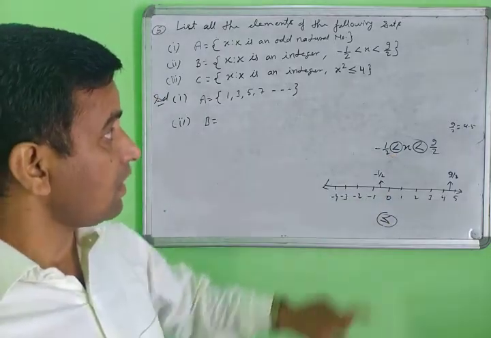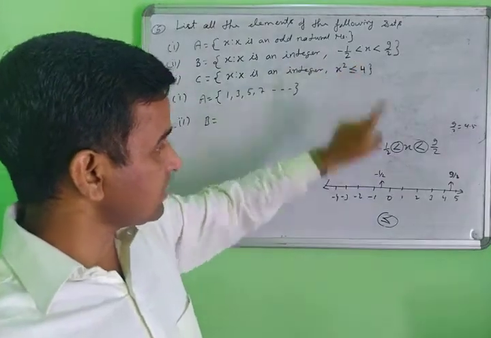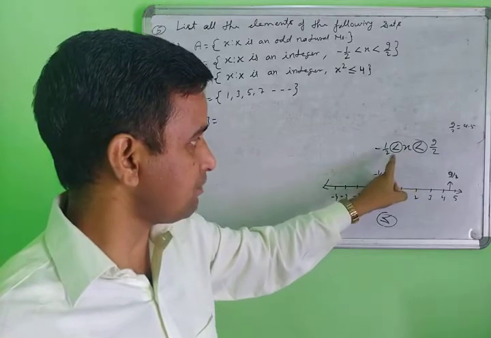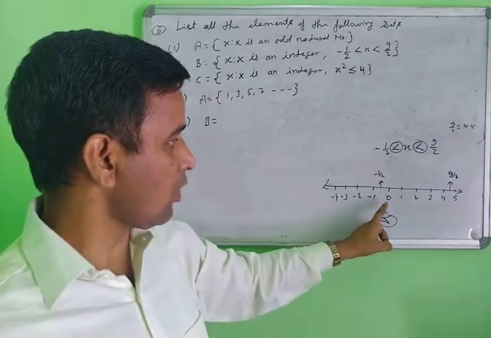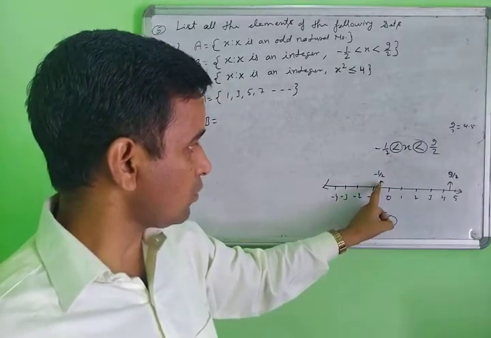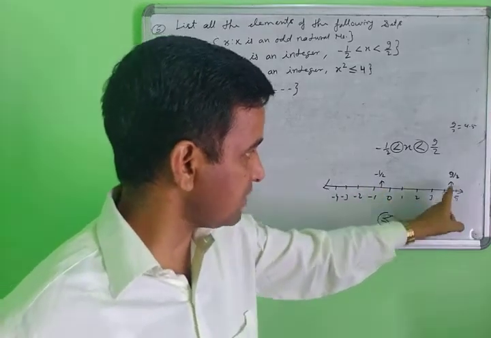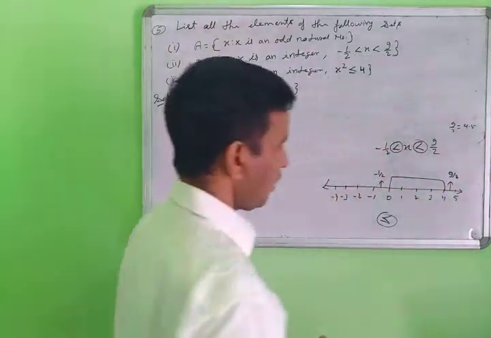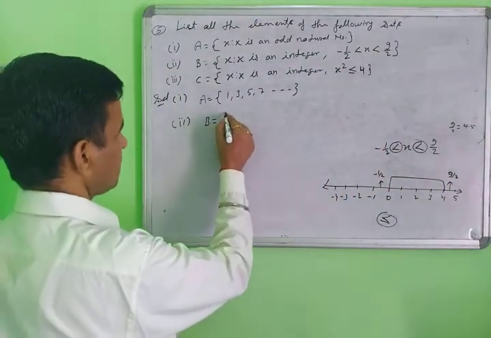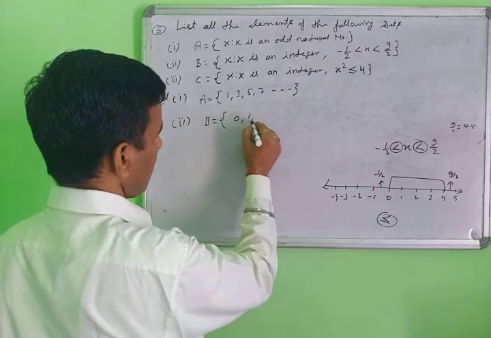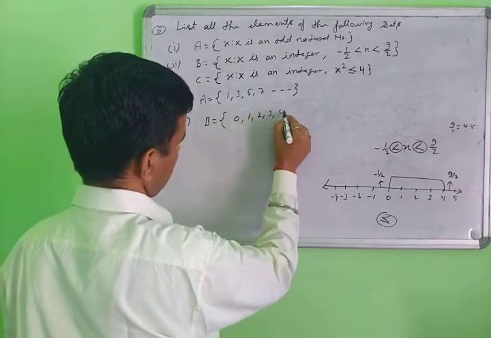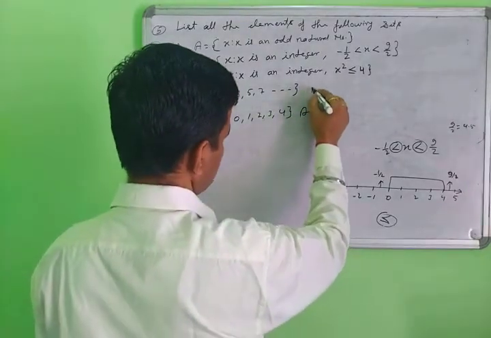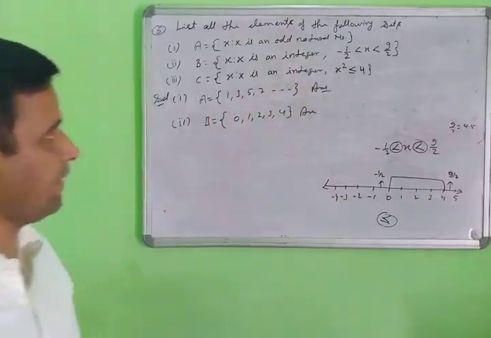Yes. So on the integer number line, the value of x is between this and this. So what values are between this and this? Between -1/2 and 9/2 means between 0 and 4. In this range 0 to 4, all integers will count here. So what is the answer here? 0, 1, 2, 3 and 4. This is your answer of the second part. This is your answer of the first part. A very simple thing here.